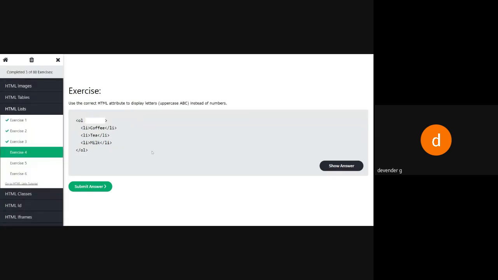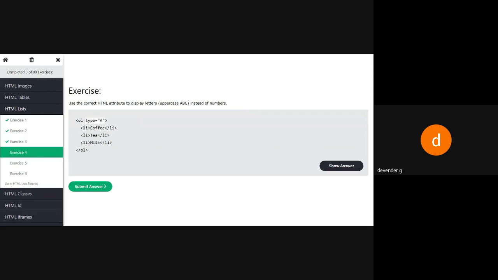Now I want this to be like coffee, tea, milk given by list so that it is highlighted like alphabets. So what do I have to do? I have to use type is equal to capital A. We have come across type is equal to capital A, small a, small i, capital I, or 1.